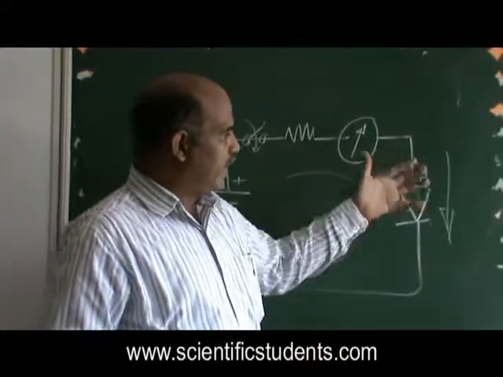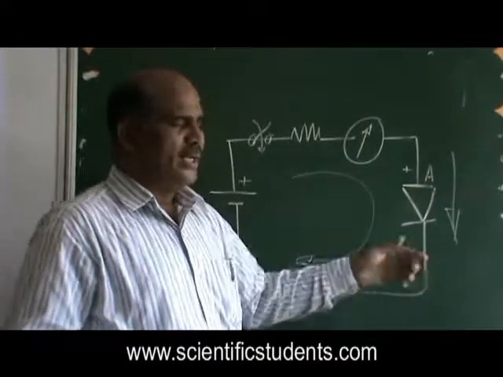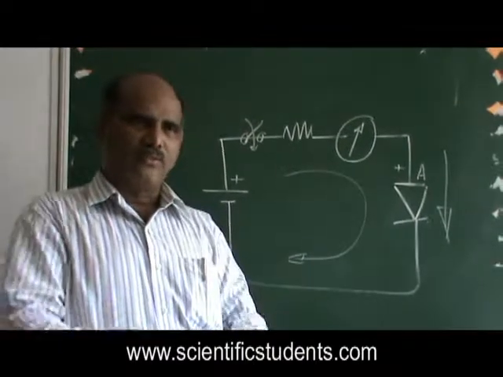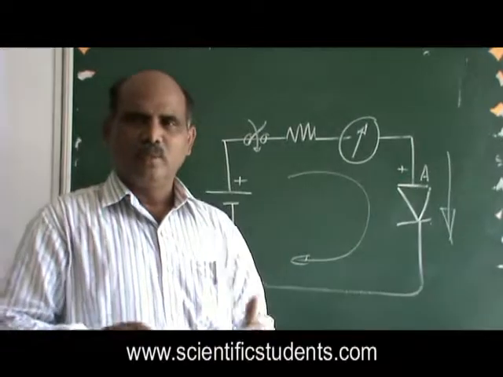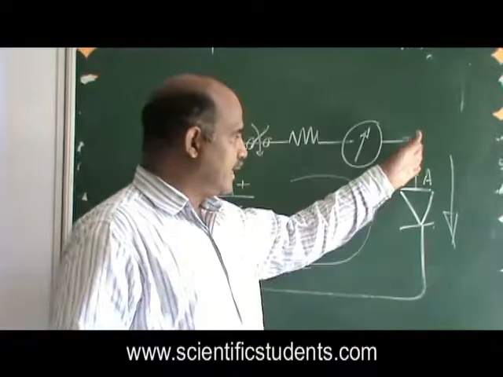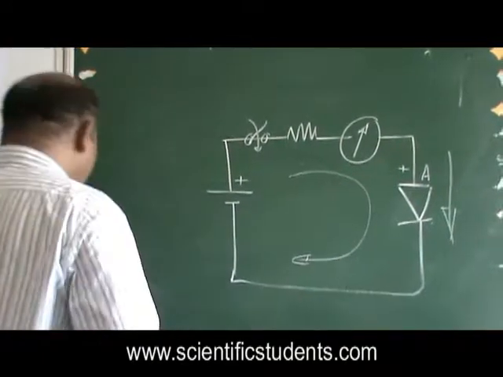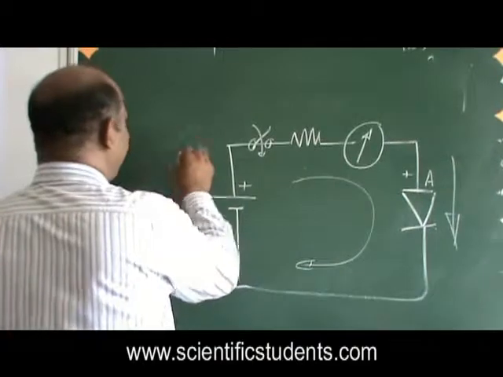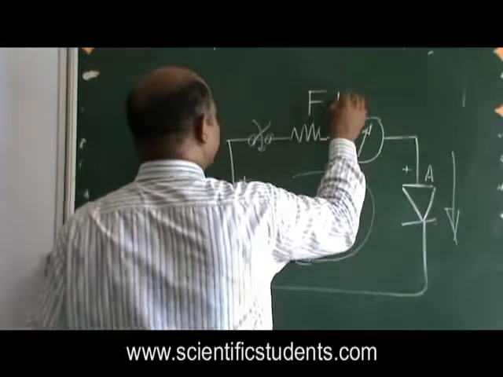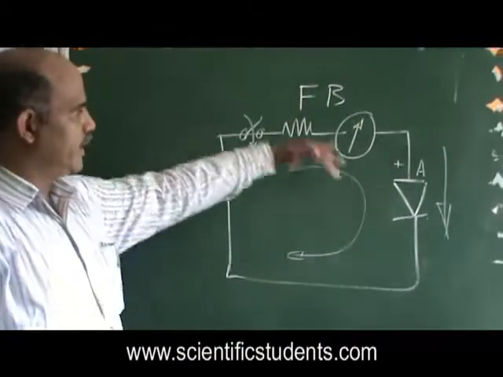That means in the forward bias condition, the resistance between anode and cathode is so less, in the order of a few ohms, 10 to less than 12 ohms or 20 ohms. Okay, very less. That's where the current is going free. This is called forward bias condition. We call it forward bias because the anode is biased by the positive, so it is forward.